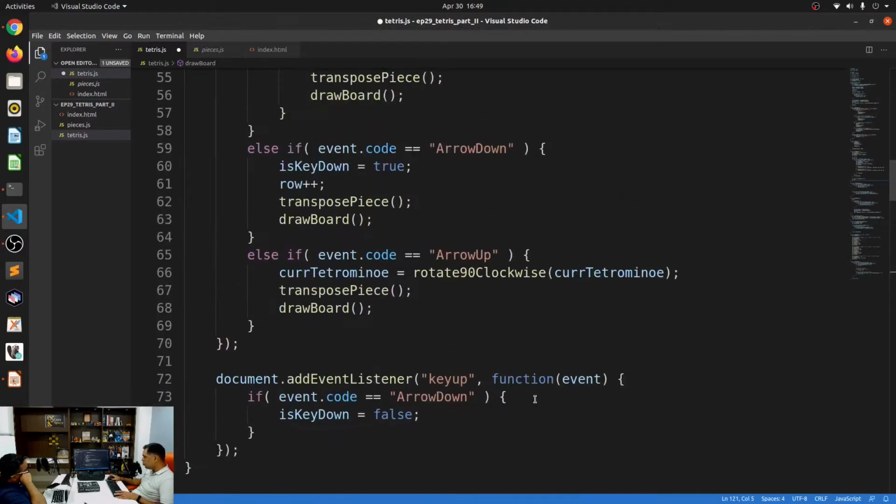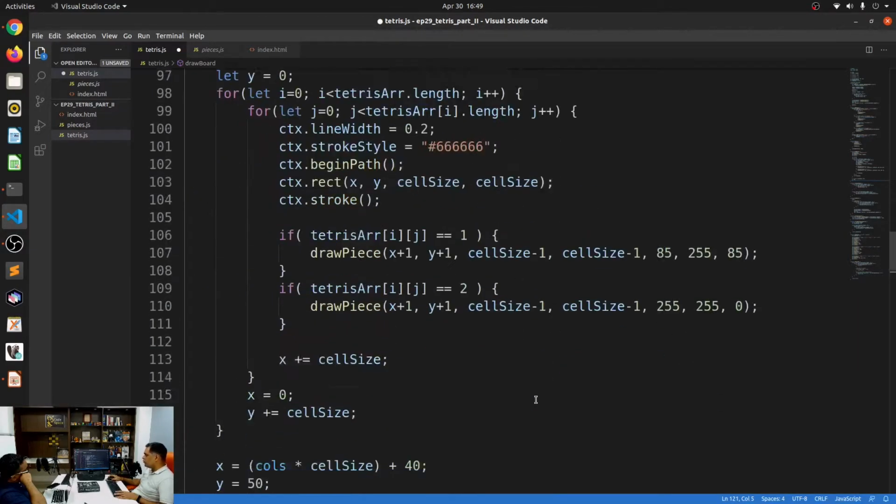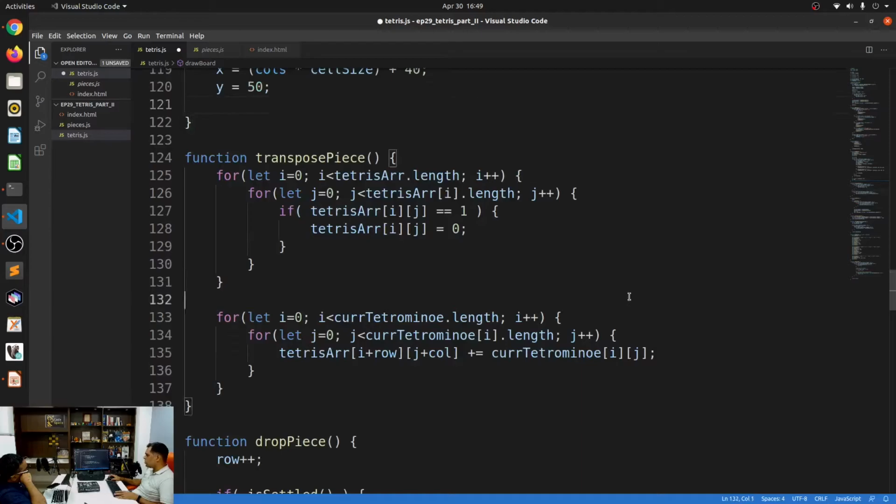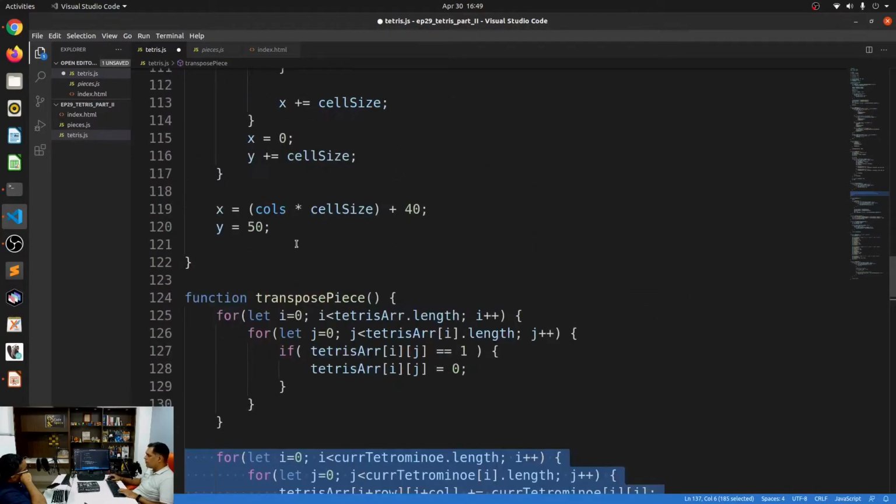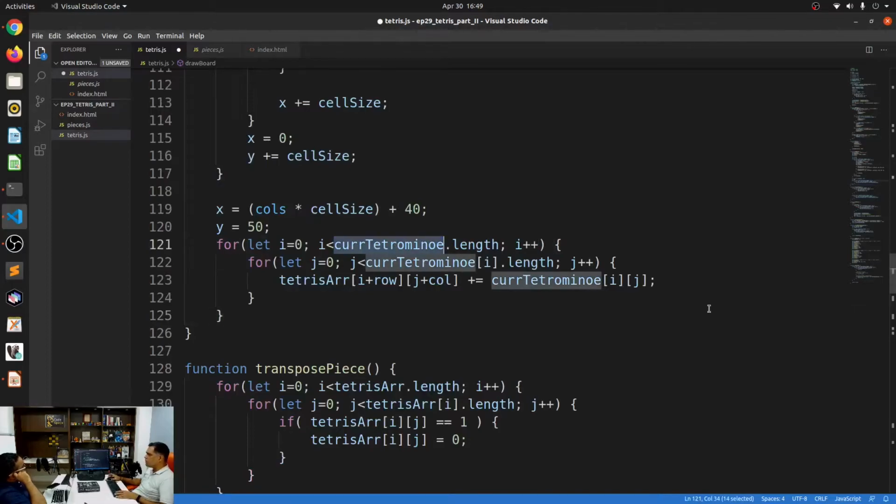I'm going to need a loop once again, so I'm just going to reuse the same loop structure that we have. The only difference is that instead of the current tetromino, I'm going to draw the next tetromino.